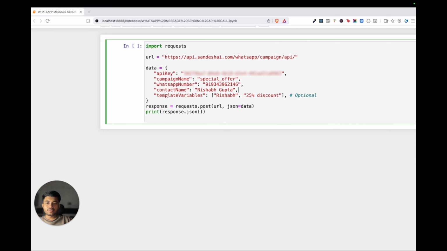Now we are sending a WhatsApp personalized template message, so we need to pass the template variables value. If you remember, we have added 3 template variables in that particular message. So we need to provide those 3 values here. So let's add those template variable values here. First one is name. So here we are passing Rishabh. In the second, we need to pass our discount value, if you remember. And in the third variable, we pass the coupon code.